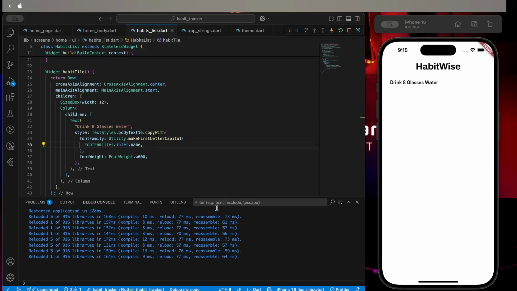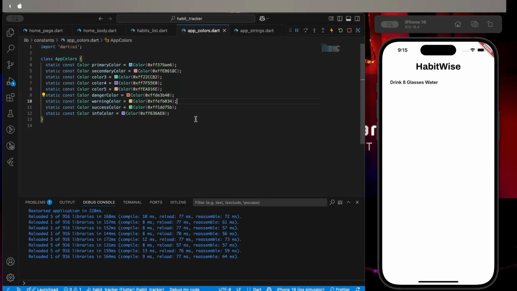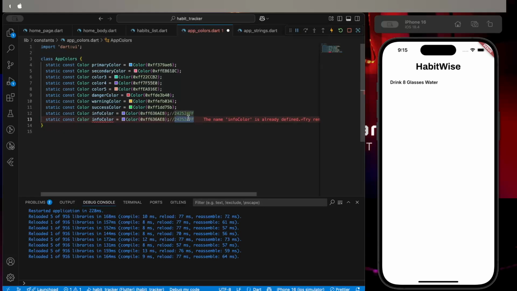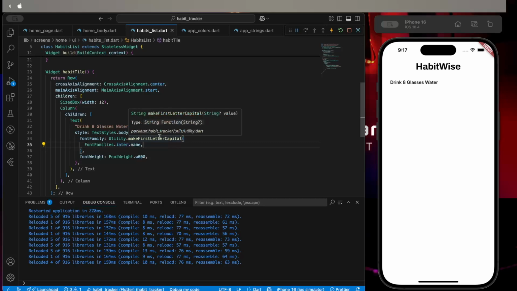Then I have to write the color here. Let me add the color here. So we can have a color like charcoal. We save